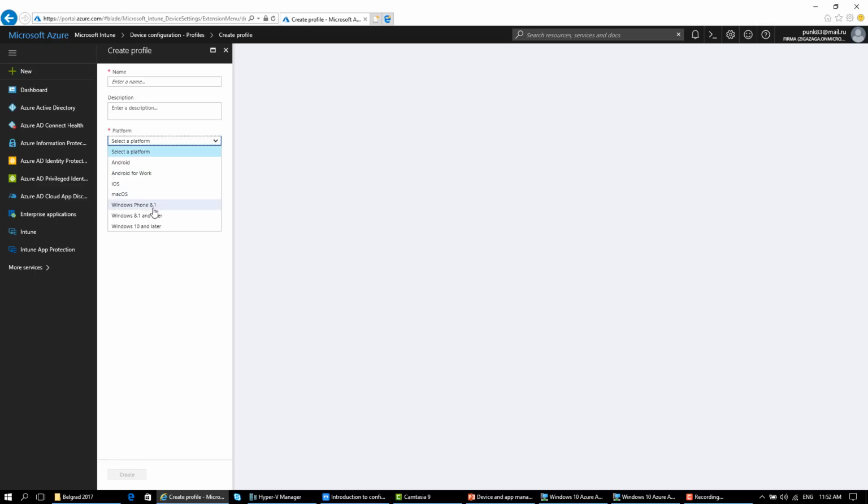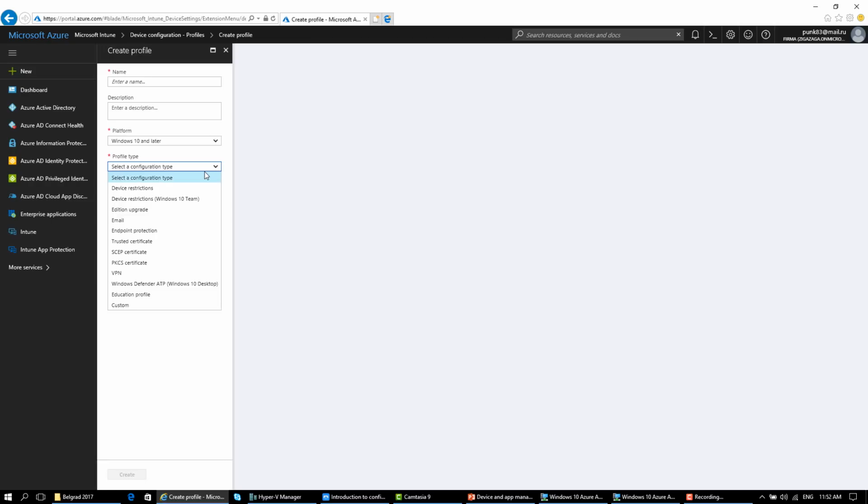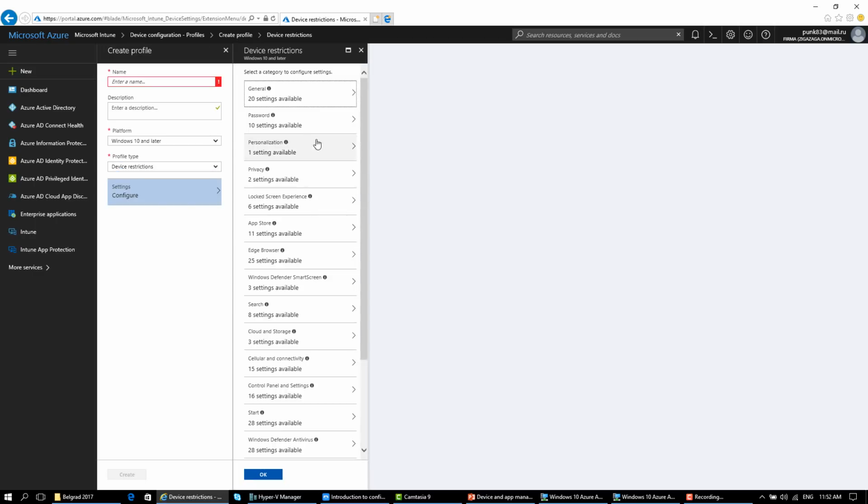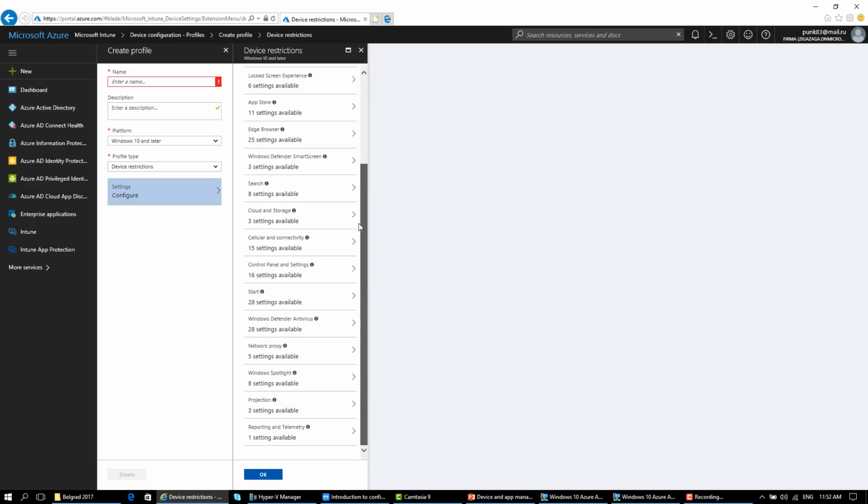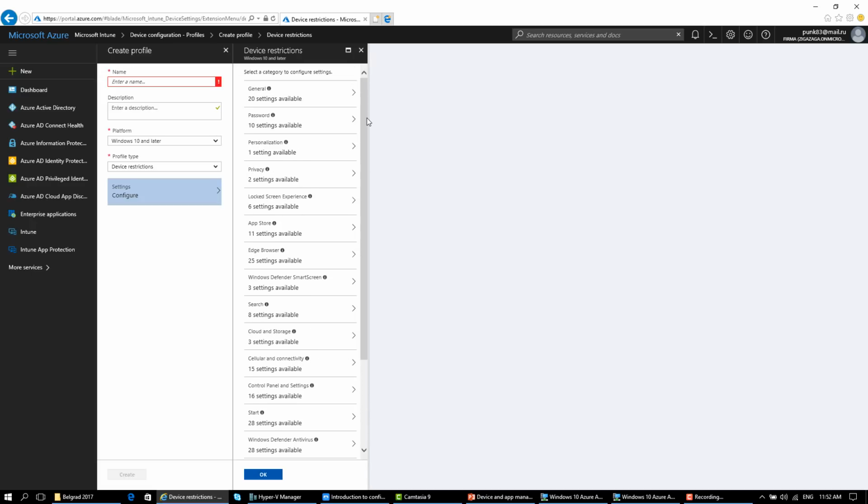So we choose a platform, for example, Windows 10. We choose a type. We can restrict, we can block access to some settings. We can configure email. We can configure additional upgrade. We can deploy Wi-Fi or VPN certificates and profiles. We can configure Windows Defender, etc. Okay, Windows restriction, configure, and here you have some settings that you can configure using the graphical